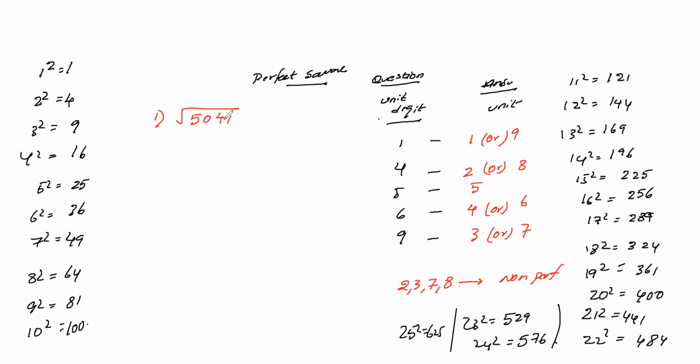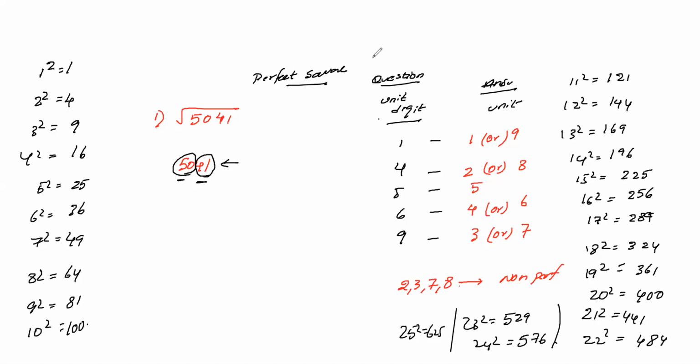Let's take the example 5041. So the number is 5041. I'll take it from the right side, towards the right, and make sets of 2 digits. That means 2 numbers as one set. So the first 2 digits from the right are one set and the next 2 digits are the other set.